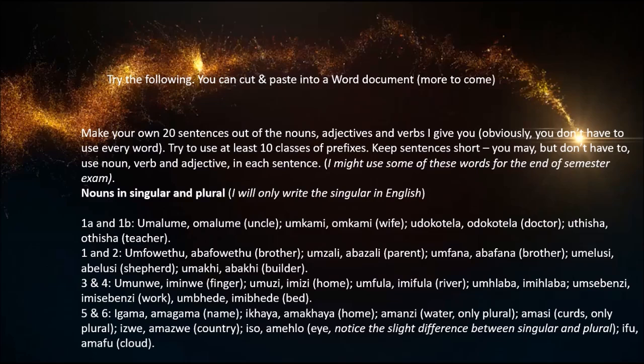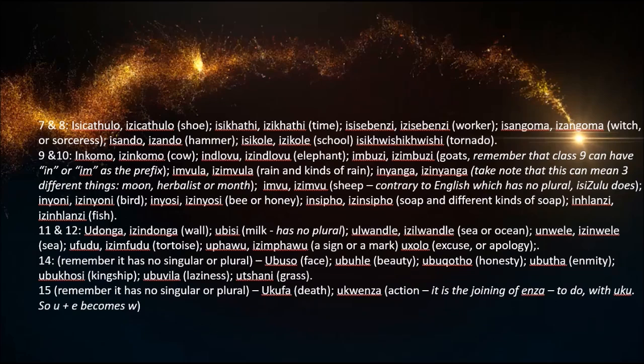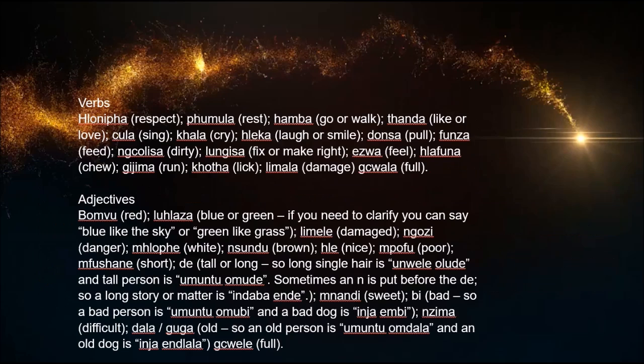So this is the beginning of the sentences that I'm giving you the words for. I'm not doing the sentences for you, although I'll do some samples later on. So for each class of the Meinhof class system, I'm giving you a number of nouns. If you want to invent some for yourself, you can, as long as you know to which class it belongs. Now the same with the next one, which finishes the classes, and then here come the verbs and then the adjectives.